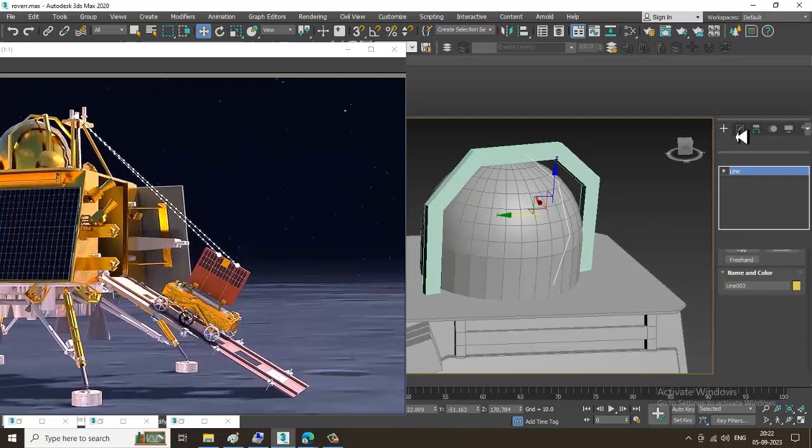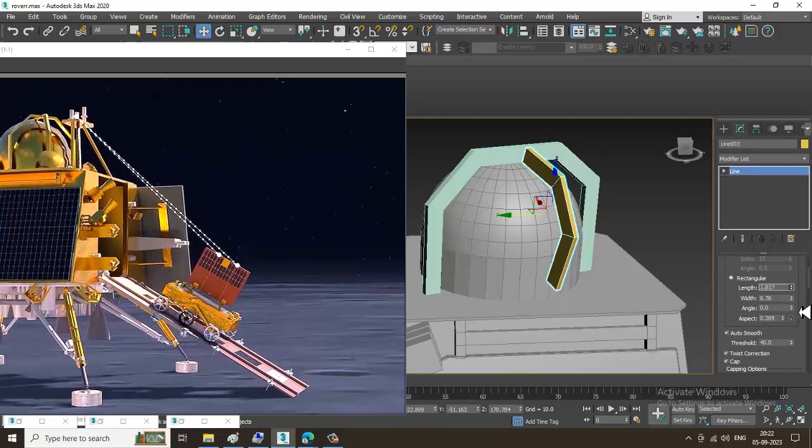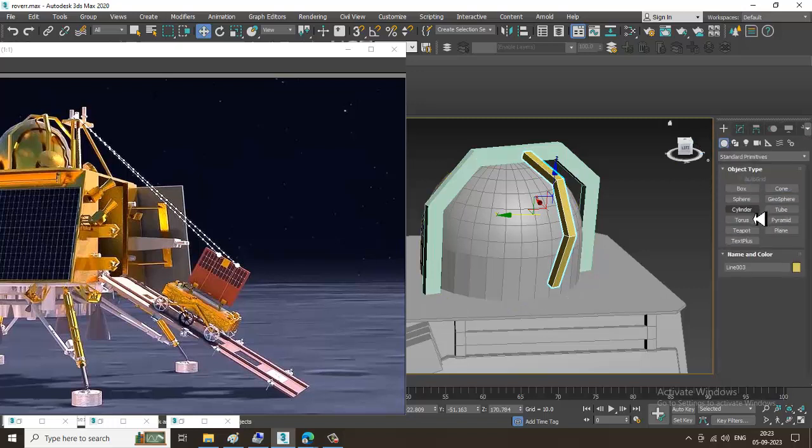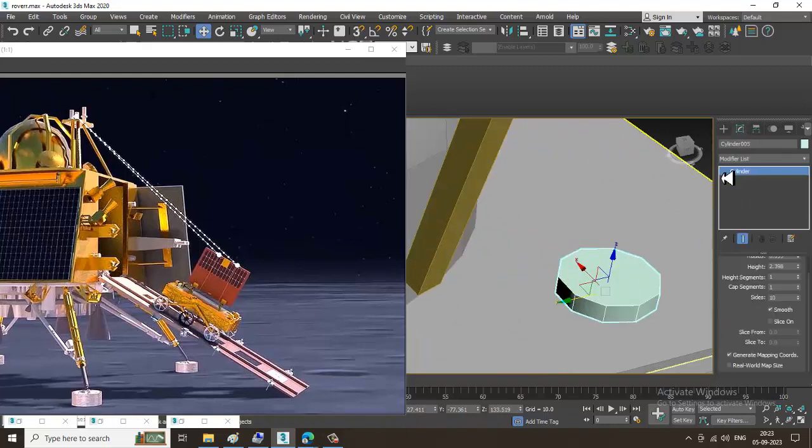And again enabling viewport, make sure you reduce this length and width totally, and then we can just take a cylinder over here, shuffle it up, increase its sides,